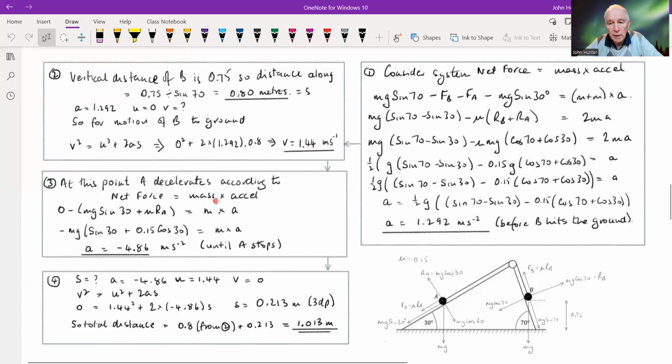Okay. So what's happening now is that B is moving at that velocity. A is also moving at that velocity, but A's pulling force has now disappeared because B is on the ground. It's not pulling anymore. So now A continues to move, but with deceleration, according to Newton's second law of motion. And if we write those forces in, obviously the pulling force is 0, but we've still got the resistance force of the resolved part of the weight down that 30-degree slope, and the